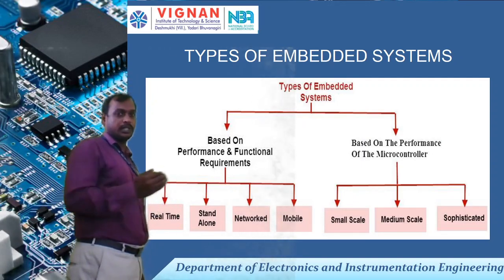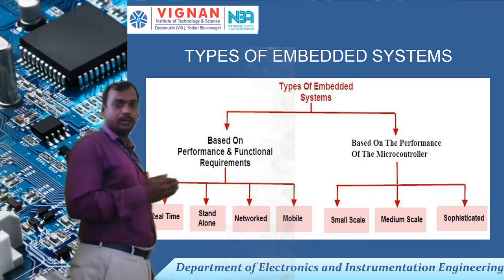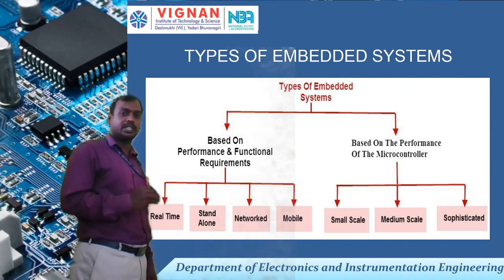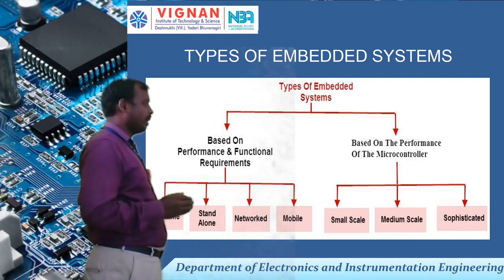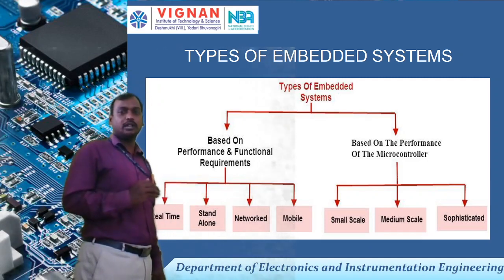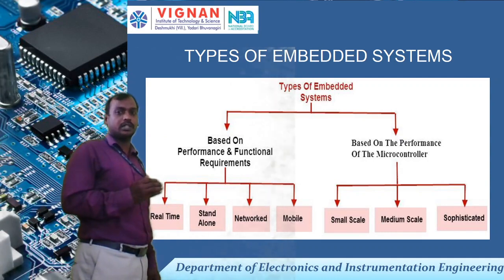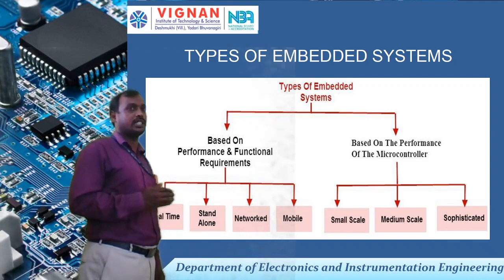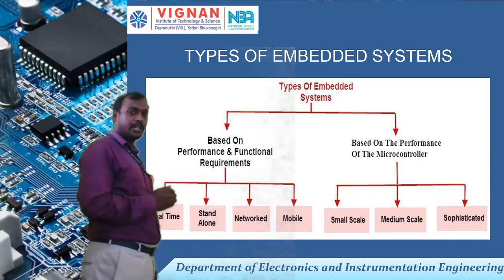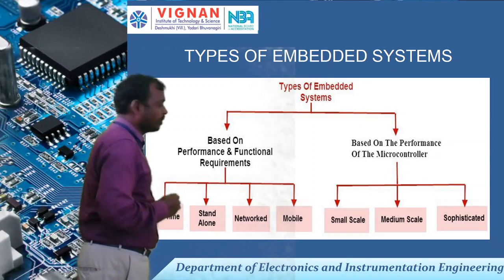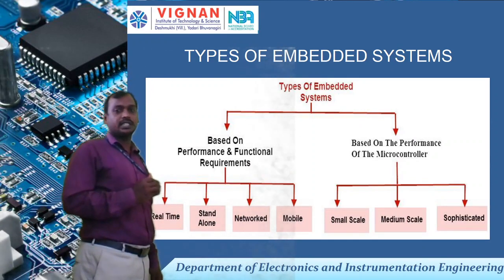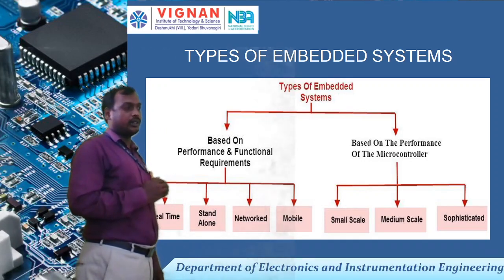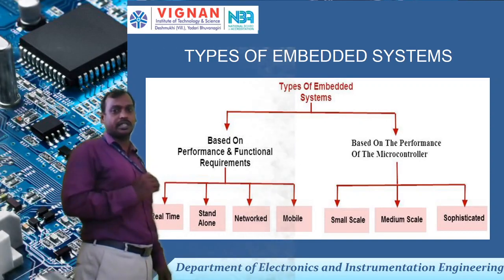You know a general purpose operating system performs many task operations. That means we can install the application, change the application, or uninstall the application. But a general purpose operating system doesn't contain the real time system. That means soft real time systems and hard real time systems. A sophisticated embedded system contains hard real time and soft real time systems. With a soft real time system, time is not critical. A hard real time system is time critical.